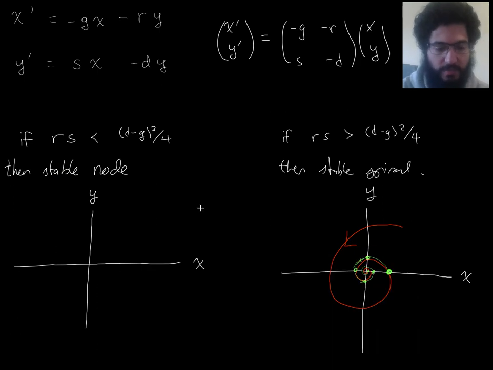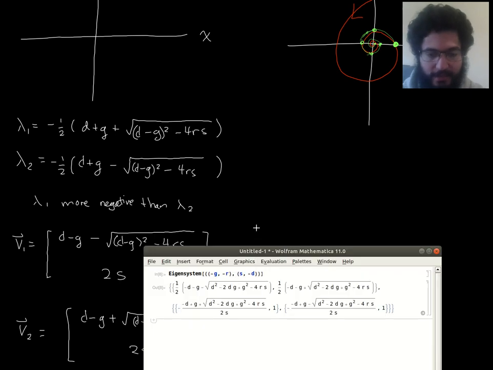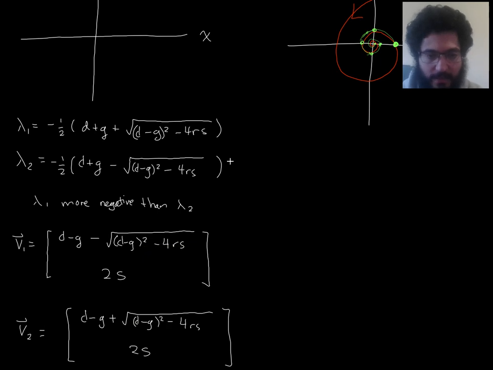So let me see if I can come up with something to do by hand here. Okay, so I was able to do something with it. We could totally get these by hand, but I used eigensystem to cheat a little bit and get the eigenvalues, these two, and eigenvectors, and I've written them more nicely so I can think about them a little bit. Here are the eigenvalues. You can see this thing under the square root that we had looked at before, and here I'm thinking about the